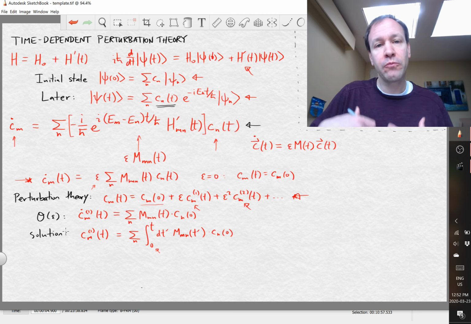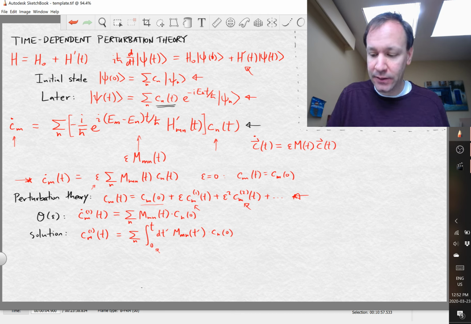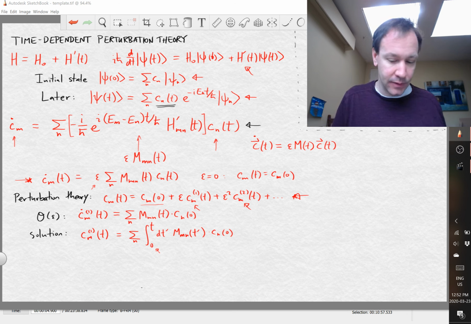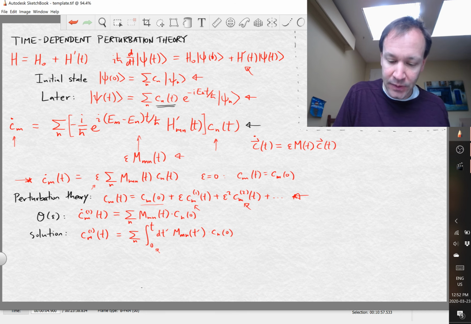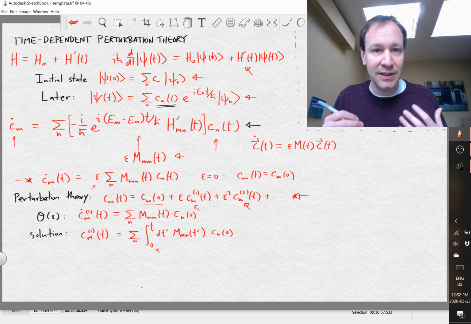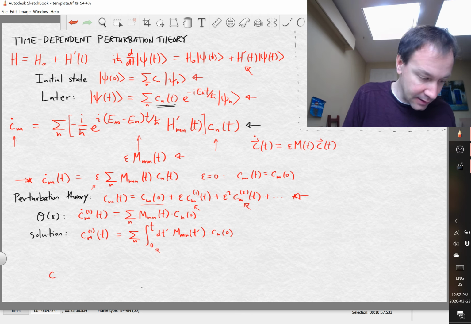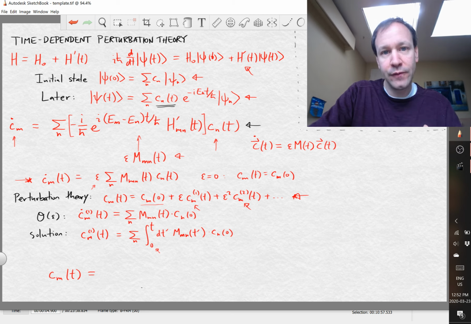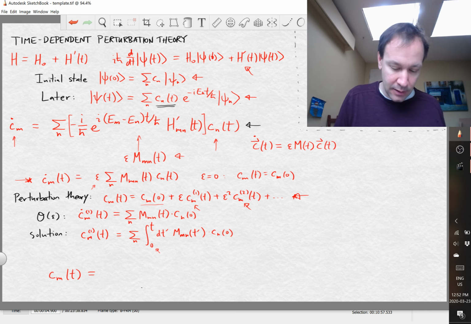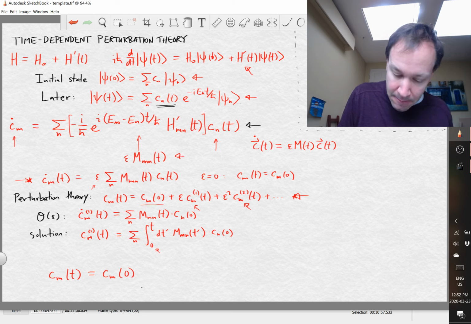Now we can plug back in for what this matrix M is and figure out our solution in terms of the original perturbation. I'm just going to substitute this in wherever we see epsilon times M; we put in the contents of the square bracket. So now let's write down our solution for our coefficient functions in perturbation theory. Cm of t. I'm going to write the zeroth order term and the first order term. So we have Cm of 0 and then minus i over h bar,